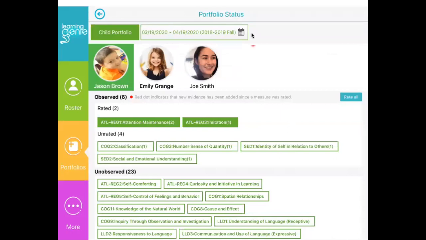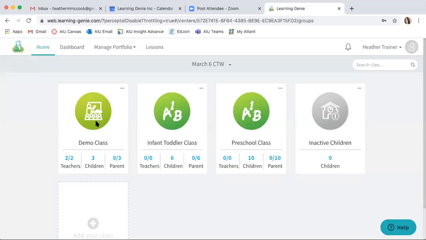Now what I want to do is actually show you the website where you can pull some reports. So I'm going to go ahead and click New Share, and I'm going to share my website here. There we go. You should be able to see my website screen now. I wanted to show you what the website looks like. You're going to log in on